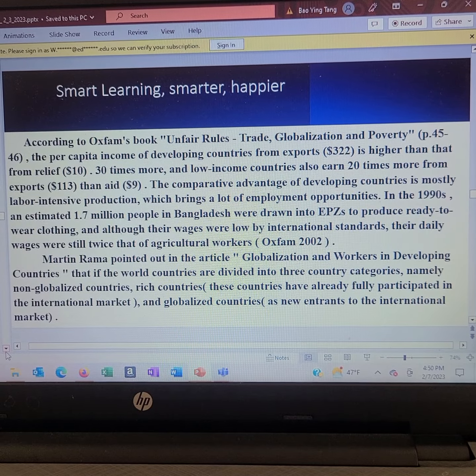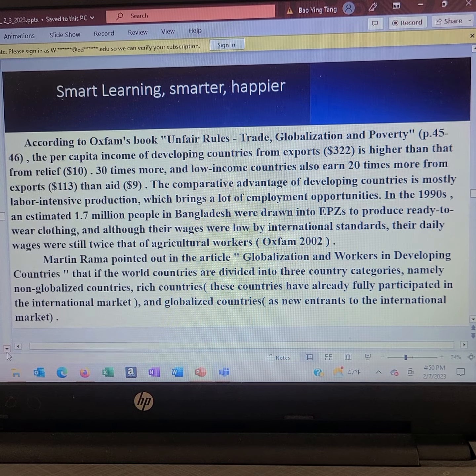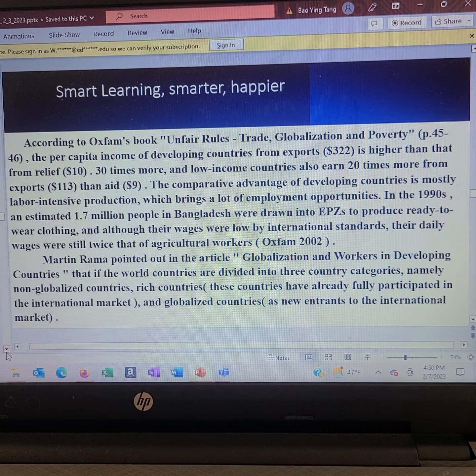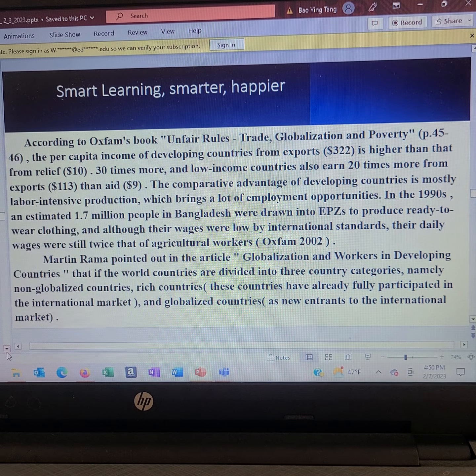According to Oxfam's book, Unfair Rules, Trade, Globalization, and Poverty, the per capita income of developing countries from export is higher than that from relief: $10, 30 times more, and low-income countries also earn 20 times more from export, $113 compared with aid, $9. The comparative advantage of developing countries is mostly labor-intensive production, which brings a lot of employment